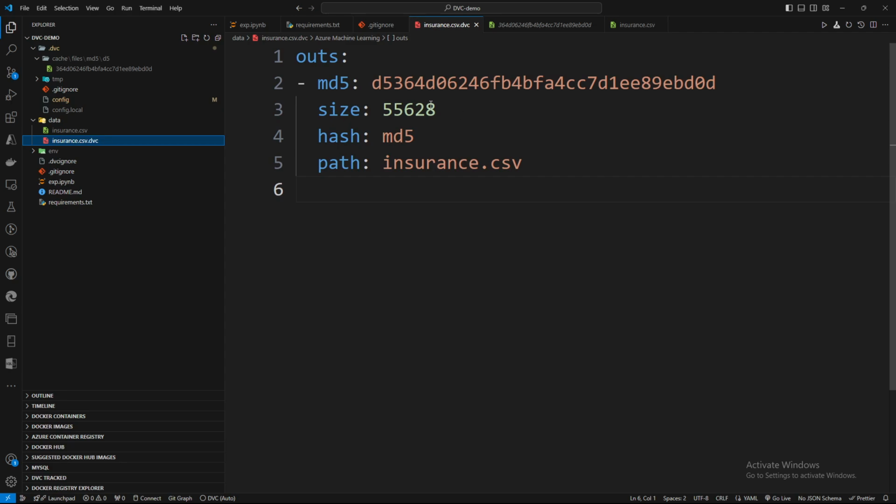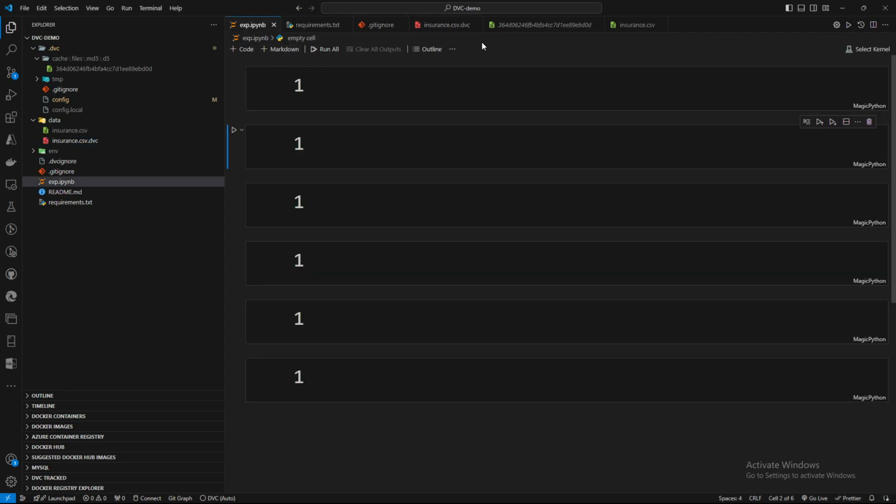Understand? We will see this part tomorrow. Currently we are tracking the data, but what about when we change some data, how is it tracked? It's the same like GitHub,